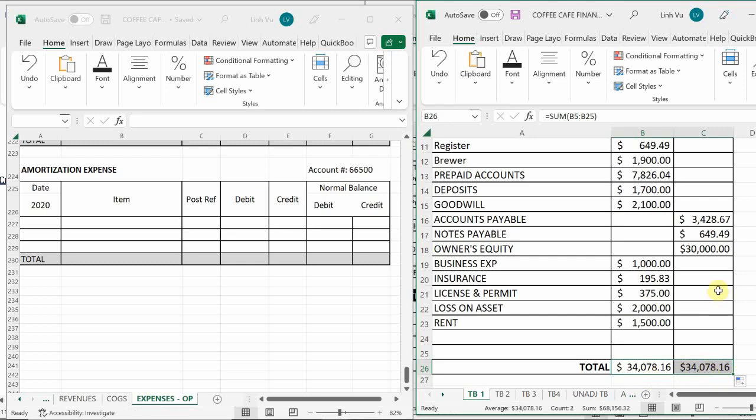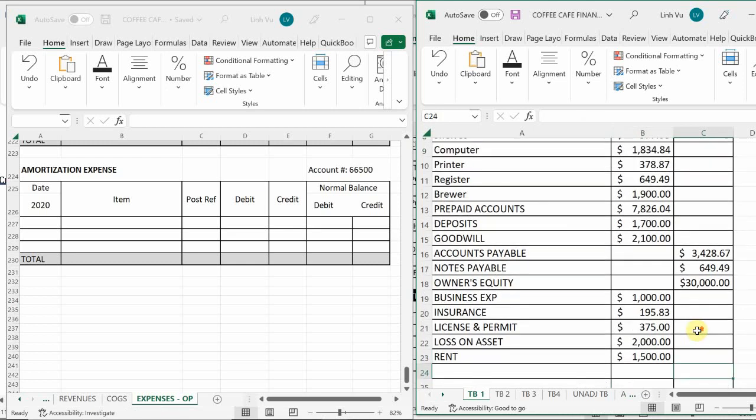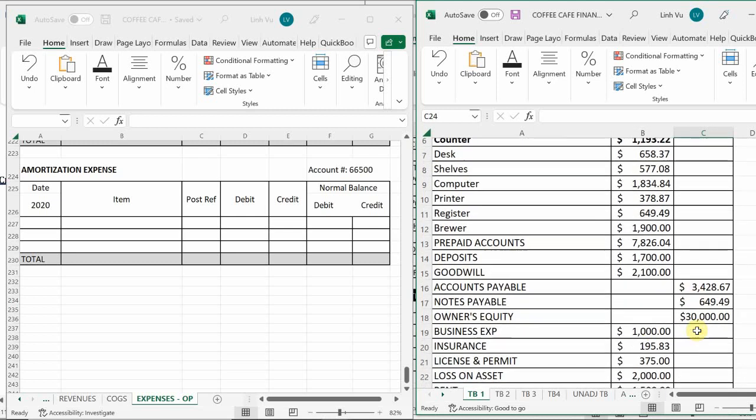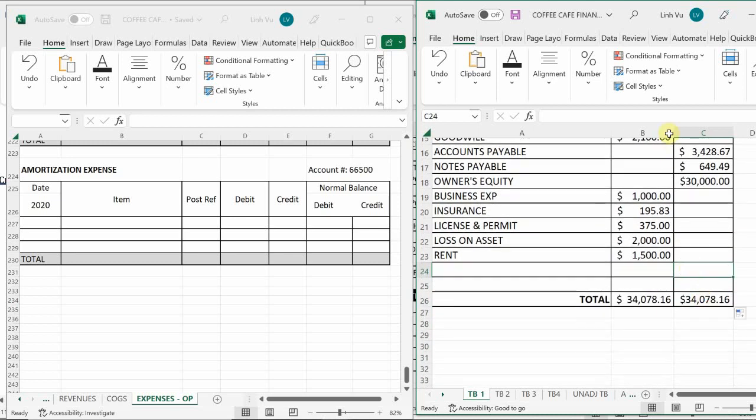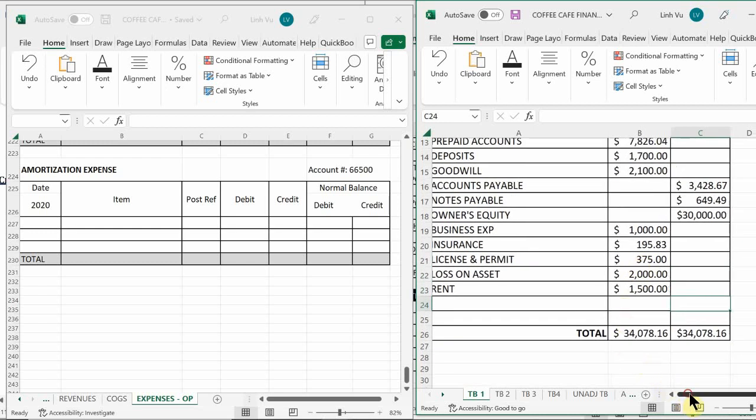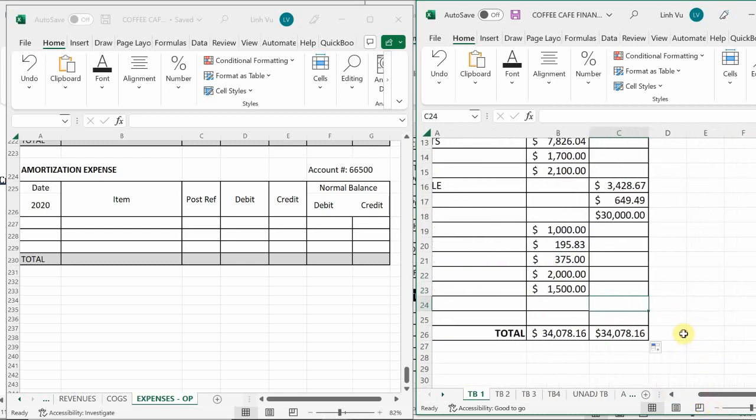So I do have $34,078.16 worth of credits. Now this side might be a little easier to calculate, right? You do 30,000 plus 3,000, so that's already 33,000 or 34,000 because that becomes a zero. You can add this up much more quickly than you would for your assets and your expenses here. But what I like to do on the side, just so that I don't have to read the numbers and determine whether my total debits equal my total credits,